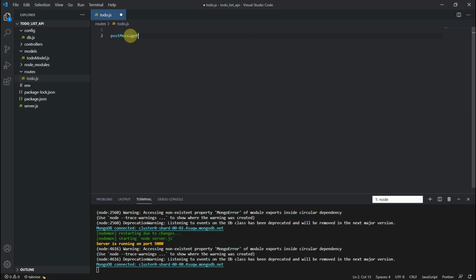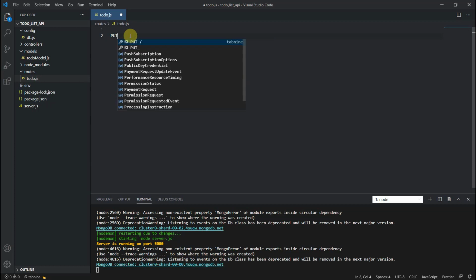Next is put, which is also kind of post. When you want to update some data, then you can use put. For update you need to send some identification like an ID and the new data with that URL. So for that you can use put.